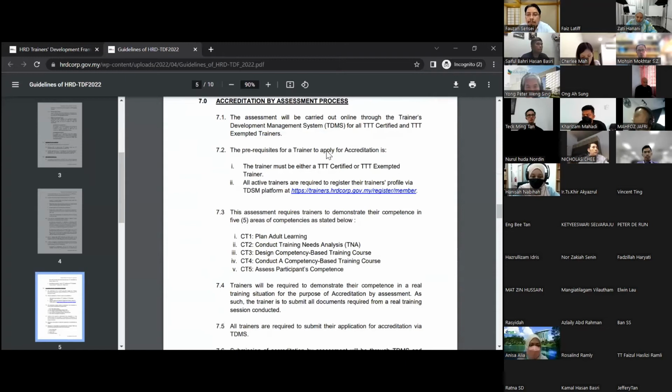Item 7, accreditation by assessment process. So the first step to this is you need to go to register your profile at our platform at this link. HTTPS